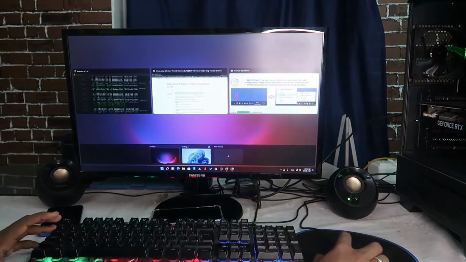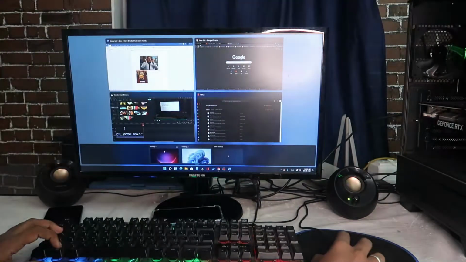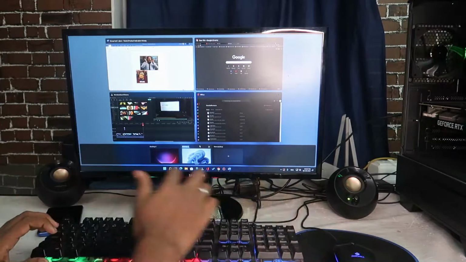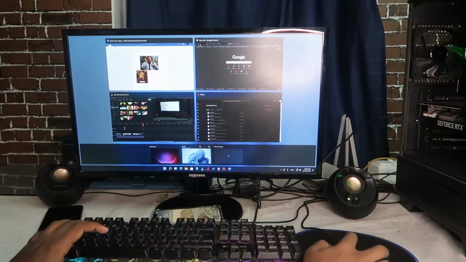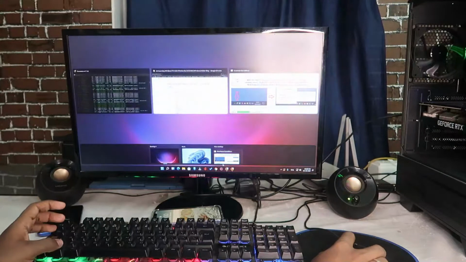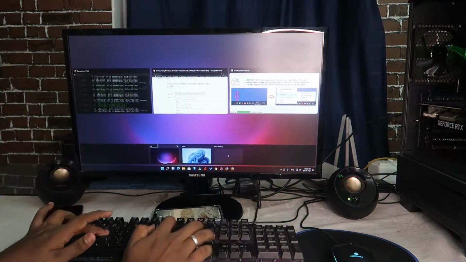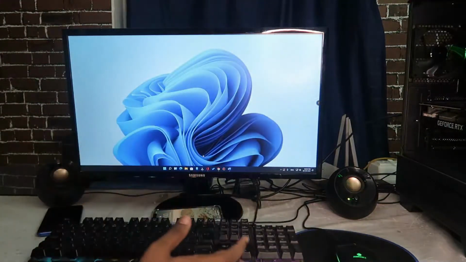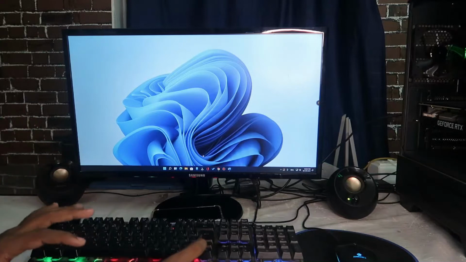So here is a list of desktops available, desktop 1 and then desktop 2. And here in the desktop management, you can also change the desktop name. For example, for this one I am giving the name work, and for this desktop I am giving the name personal. Like that you can choose different desktops and manage them,